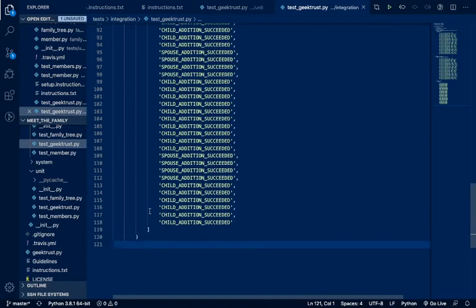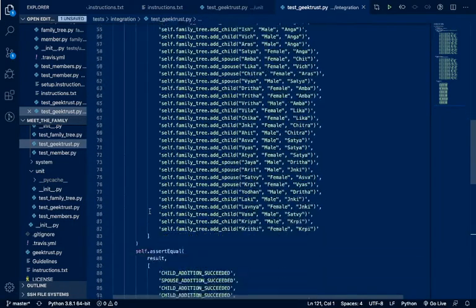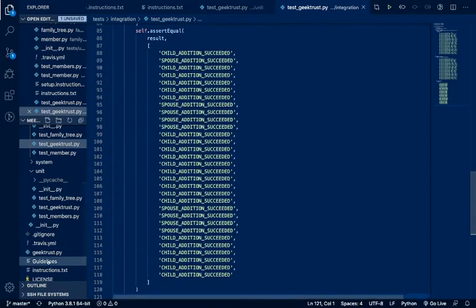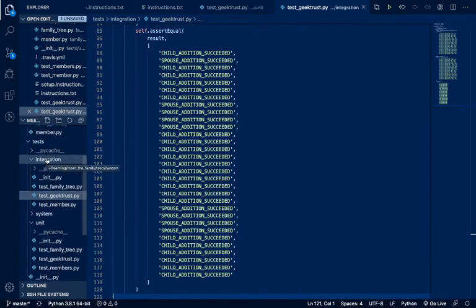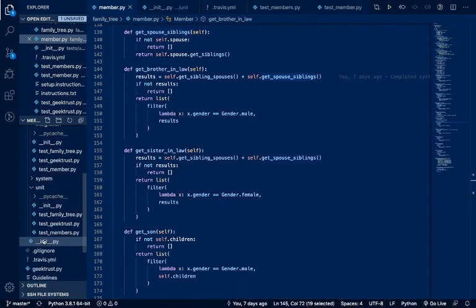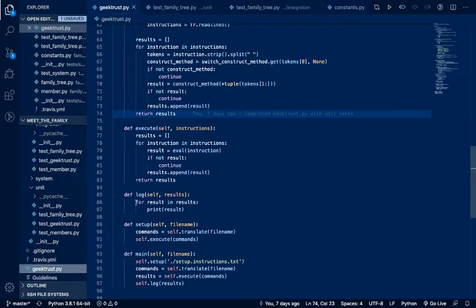Cool. So now that we know this works, we've already tested other methods in the unit test, and we don't really need to test them in the integration test, because according to our unit test the other methods are functioning correctly, and they don't really do much. The GeekTrust method setup just calls translate and execute. So if those two are working correctly, then setup will work correctly, which means we have tested both of them in the integration test and both are working correctly.